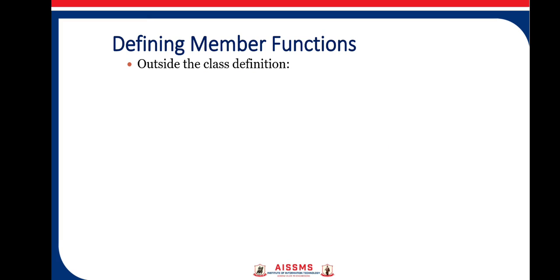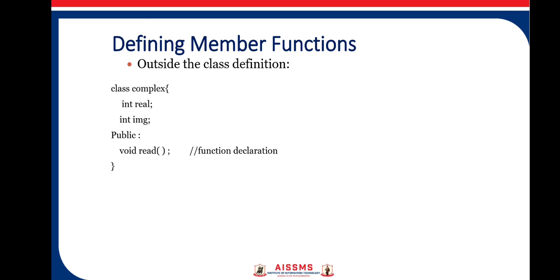Just take one simple example. Suppose I have a class complex. In this class I have two data members, real and imaginary, and in the public section I have declared a function read. Now the definition for this function is not written. We have not written what this function will do. So this definition we have to write outside of this class because we have declared it in the public section. So its definition we have to write outside of the closing bracket of my class.